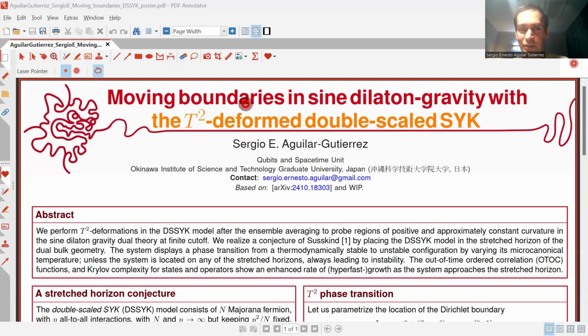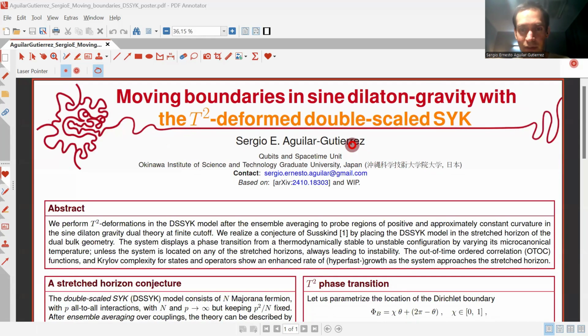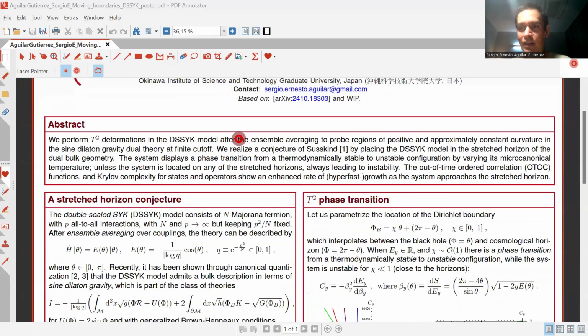I'll tell you about how to move boundaries in the dilaton-gravity theory to the 3D form, the double-sided SYK model. The point of our work is basically to give a contribution in terms of the recent developments that point out that there is a change of relations between different approaches that are answering what is the gravitational dual to the double-sided